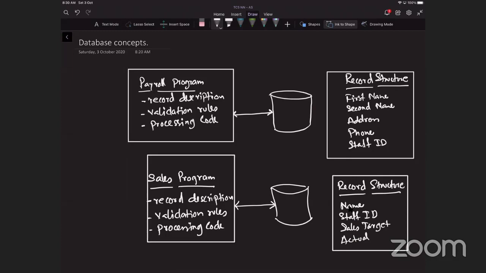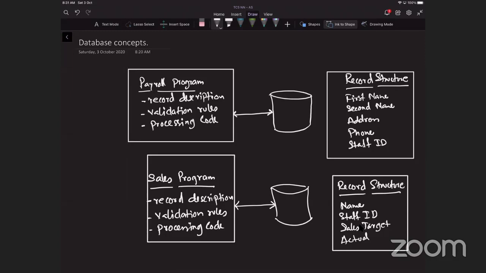The way the staff name is stored is different in both of the programs. Here we have broken it down into two, first name and last name, and in this program it is just the name. If the staff number was changed by the payroll program here, and not by the sales program over here, these fields may contain different values for the same member of staff.